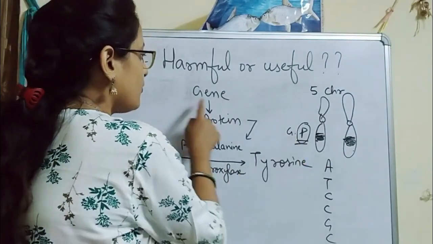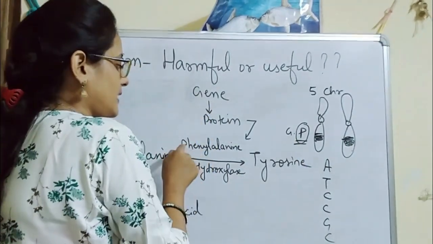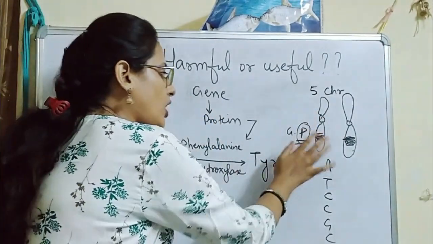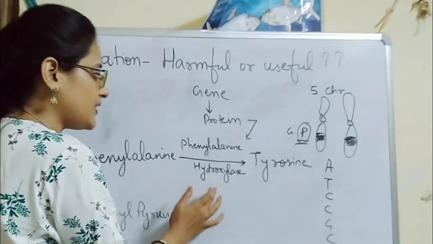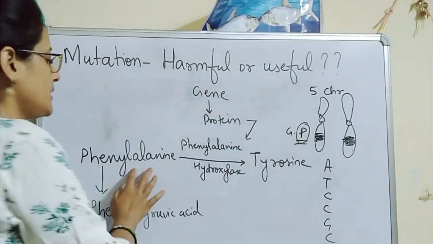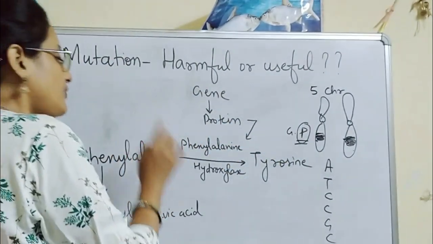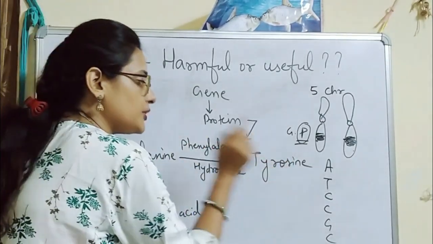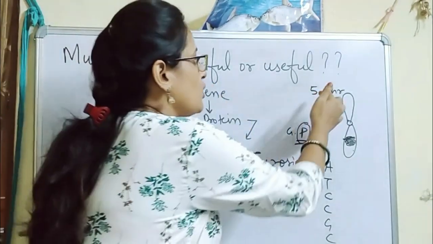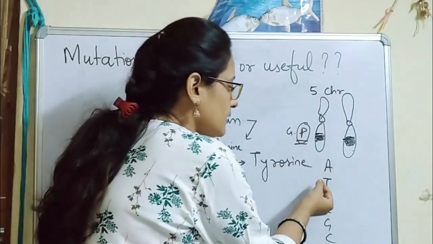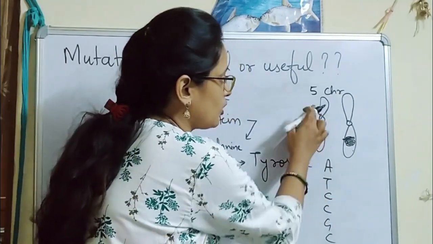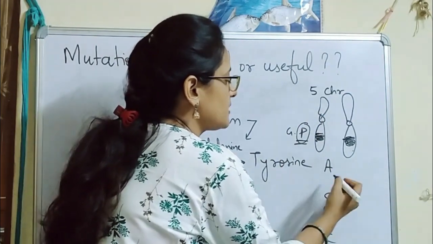This gene P forms a protein which acts as an enzyme named phenylalanine hydroxylase. When this gene is normal, it forms a functional phenylalanine hydroxylase, which converts phenylalanine into tyrosine. These are types of amino acids. When this is functional, phenylalanine can be converted into tyrosine. But if a mutation takes place, let's suppose in chromosome number 5 in one base pair in gene P, this is the sequence of gene P on chromosome number 5, and this T has mutated to